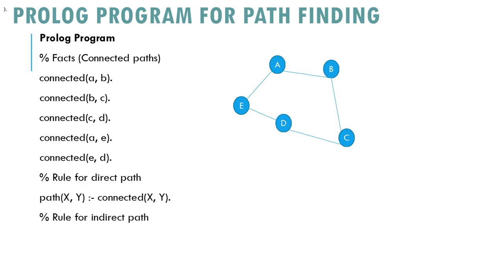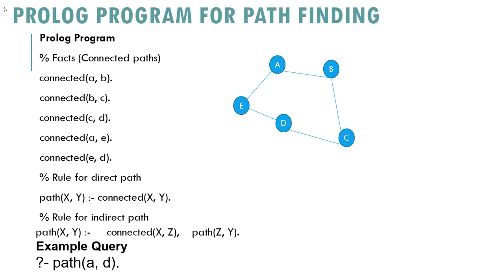The second rule checks for an indirect path. It says that there is a path from X to Y if X is connected to Z and there is a path from Z to Y. When we ask the query path(A, D),